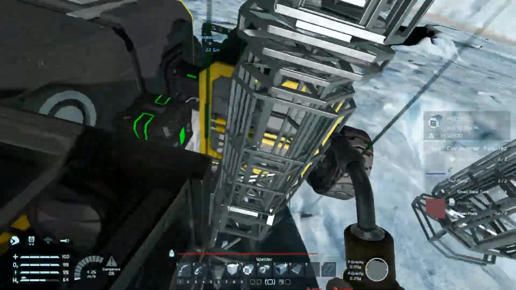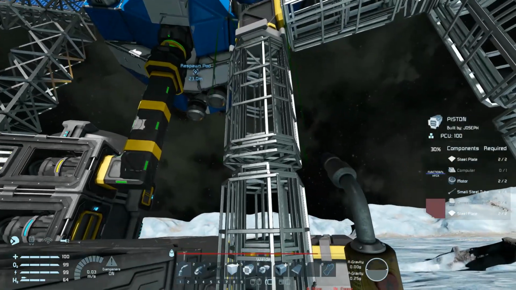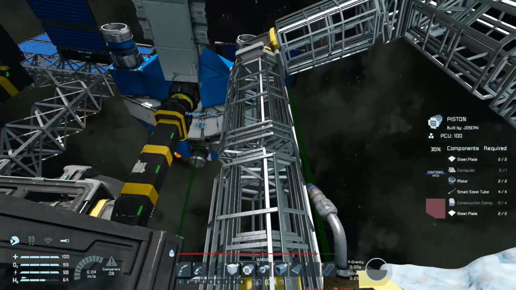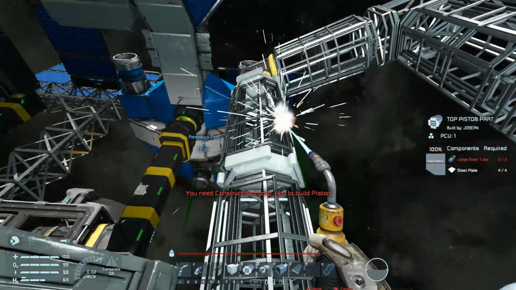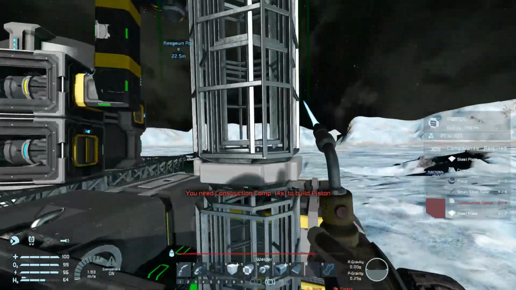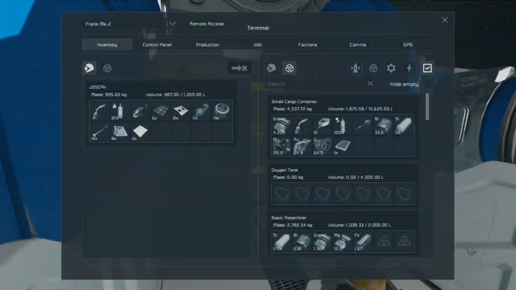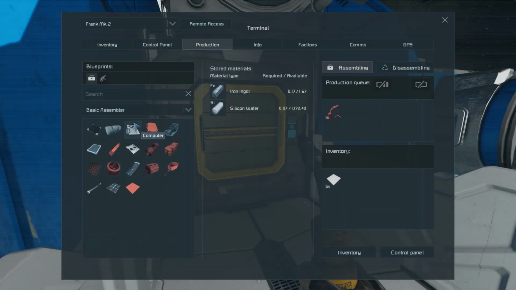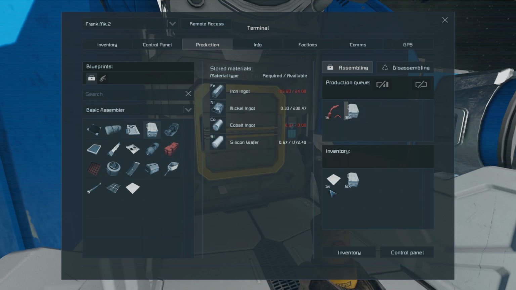Let me get these. Hey. Can I stand here? Thank you. That's why I put all those steel plates there. Nope. There we go. Okay, piston heads are done. Pistons need construction components. Easy. Alright, we'll do 50, because we're always needing construction components, and we're going to need about 1,000 for the